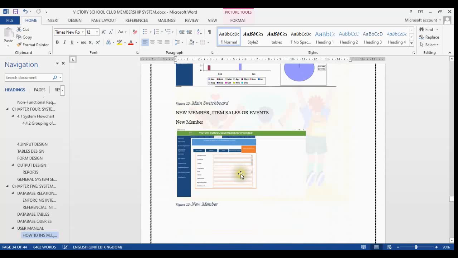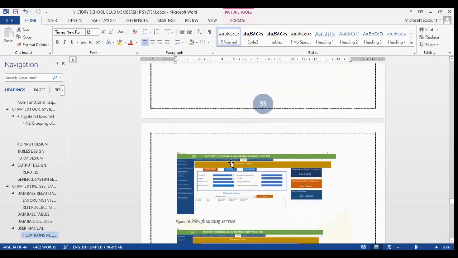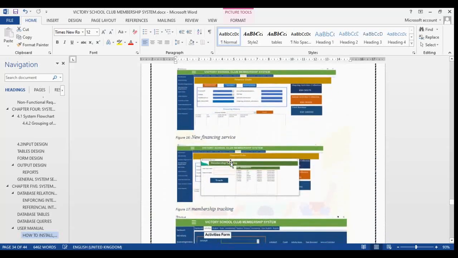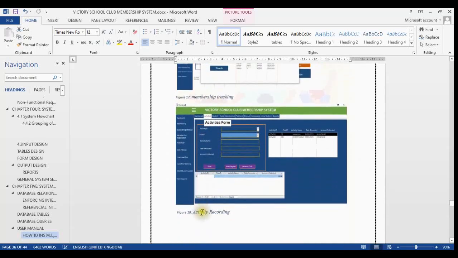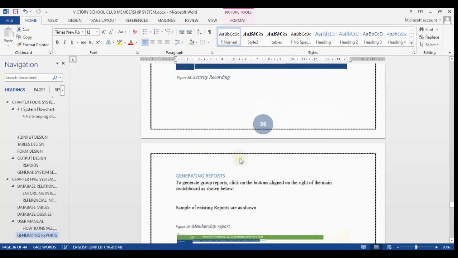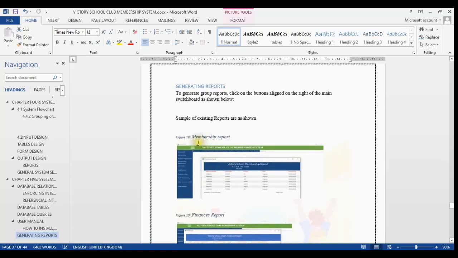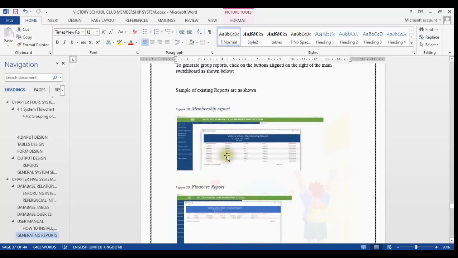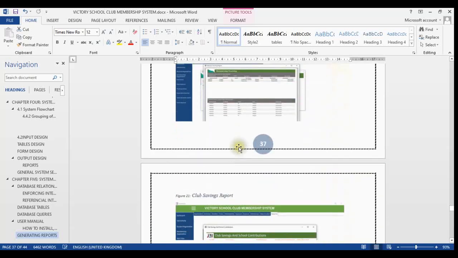Then you can briefly tell us the process of registration of members, the financing, maybe the membership tracking. In this case, just insert your screenshots, maybe membership tracking, the activity recording, and so on. Then again, the generating of reports. Tell us how your system is generating reports. Again, be sure to insert your screenshots, maybe the membership report, the financing report, the member tracking report, and